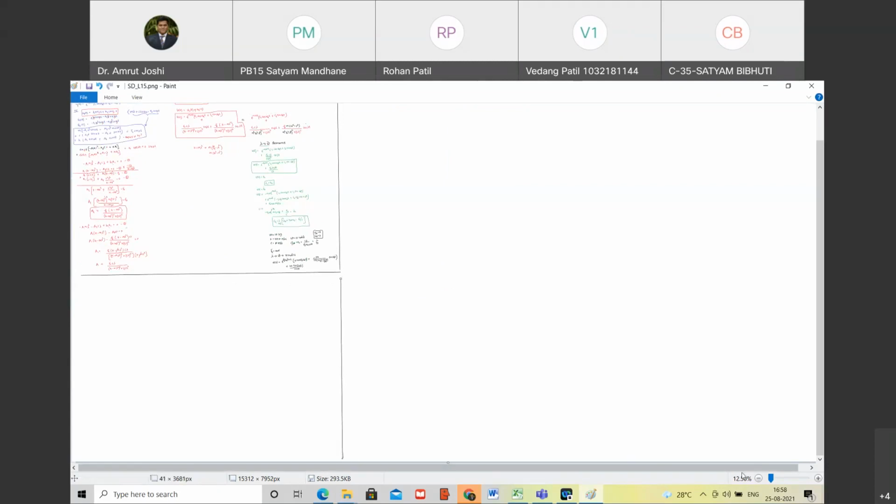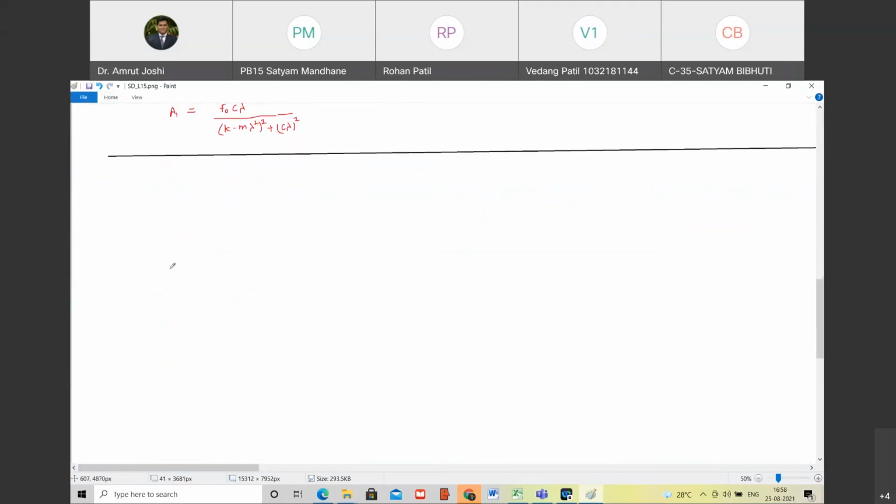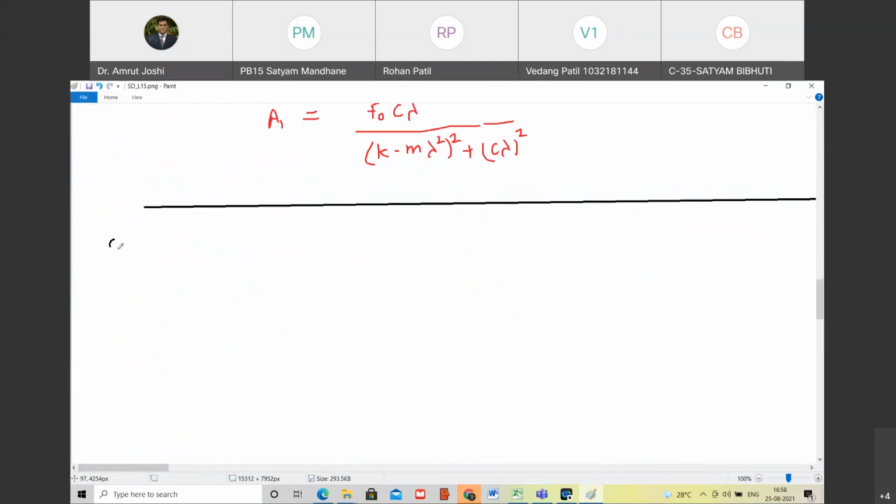So let us do it. So, summary: SDOF systems, single degree of freedom systems. What all have we done in this? So the first thing that we started with was the analysis of undamped single degree of freedom system. Do you agree with me? Yes, sir. And it was disturbed by the amount u0. Do you agree with me?